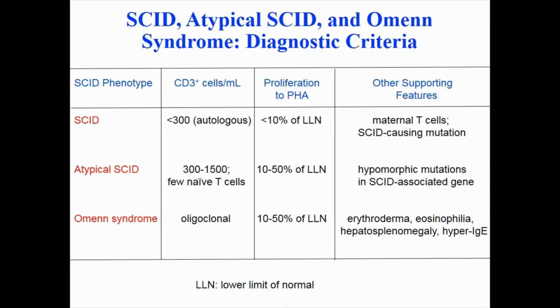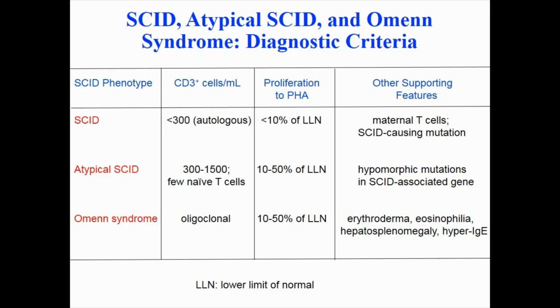Omenn syndrome is a very unique phenotype. These are babies that present with generalized red skin. They often have big lymph nodes, big spleen, big liver. They have diarrhea. And they do have T cells, and in some cases T cells are even higher than normal, and these are their own T cells, but they are oligoclonal. It means they're not diverse. They are very restricted in their capacity to recognize pathogens, and because of that, these patients are also prone to infections. Not only do they have this red skin, erythroderma, but they also have increased number of eosinophils, I mentioned, liver and spleen enlargement, and they have elevated IgE,